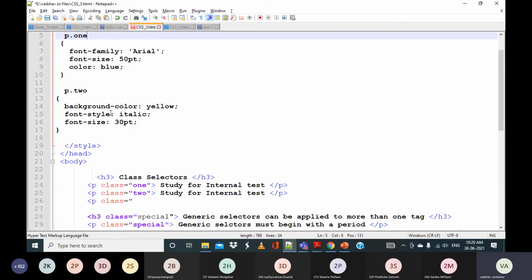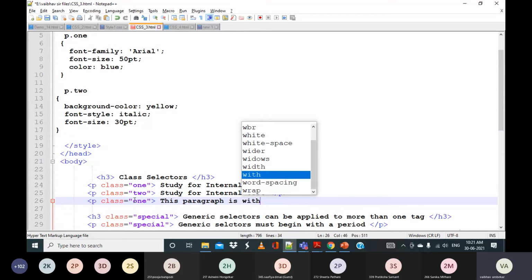Whichever you specify as the value of the class attribute, those properties will be applicable. If you use 1, these properties will be applicable for the paragraph. So I will say 1,